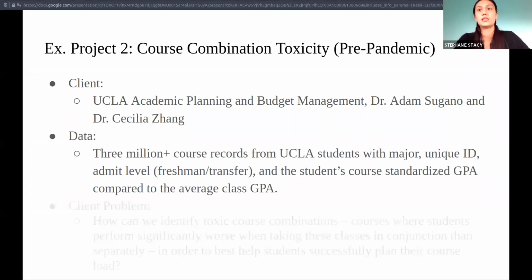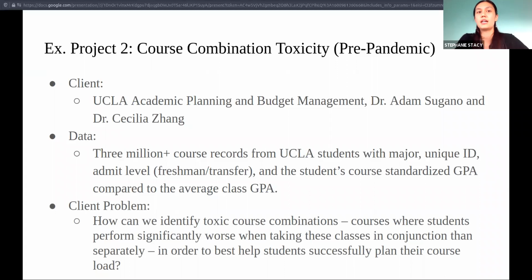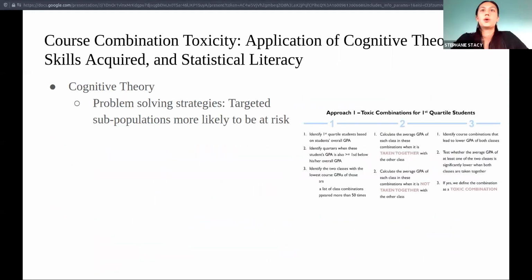And so what they were interested in learning was, how can we identify toxic course combinations? If you take that course alone, maybe you'll do much better than if you take that course in conjunction with this other course. They want to know, based on that, how they can help build course plans and recommend, well, maybe if you're concerned, you should try and plan out taking courses in separate quarters instead of simultaneously. And so again, on these 3 strategies that we're implementing about learning, the cognitive theory,